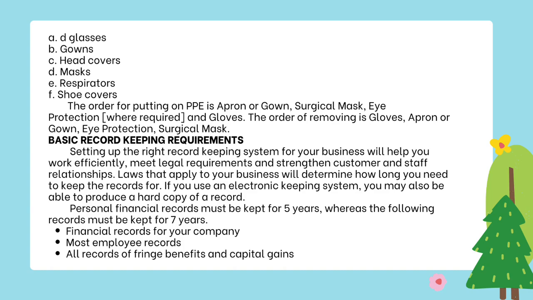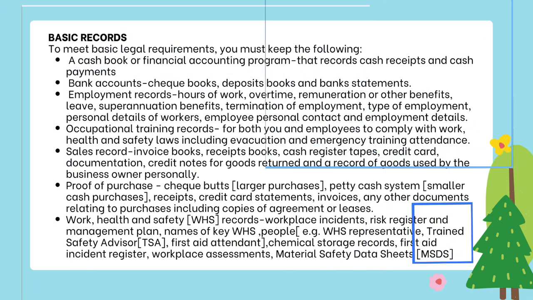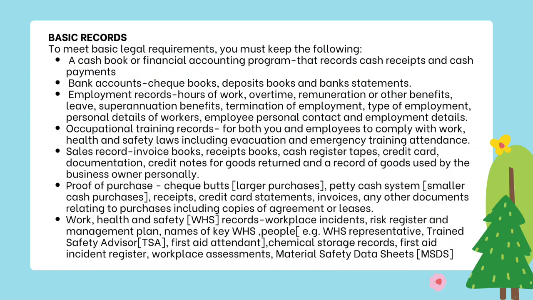Personal financial records must be kept for 5 years, whereas the following records must be kept for 7 years. Financial records of your company. Most employee records. All records of fringe benefits and capital gains. Basic records. To meet basic legal requirements, you must keep the following: